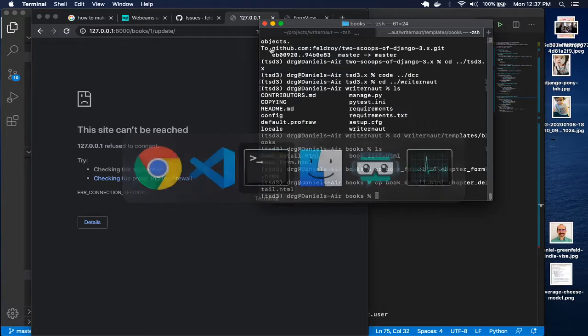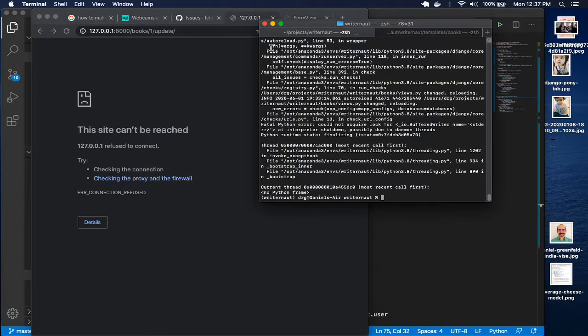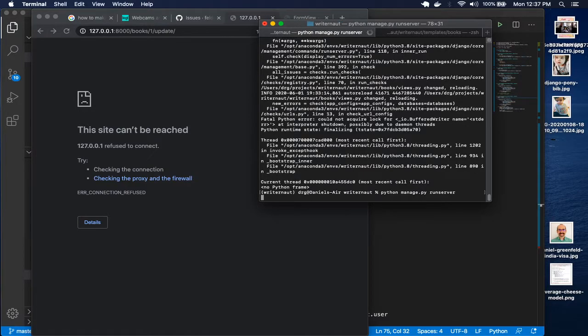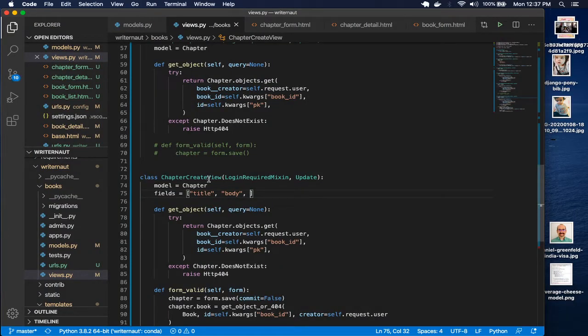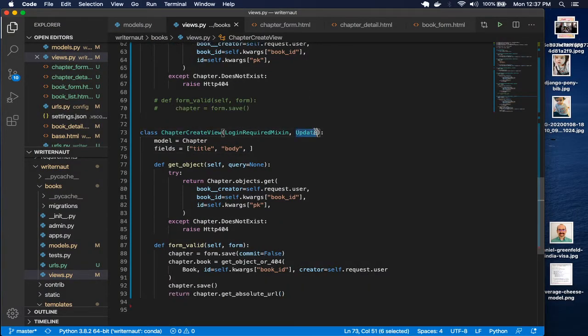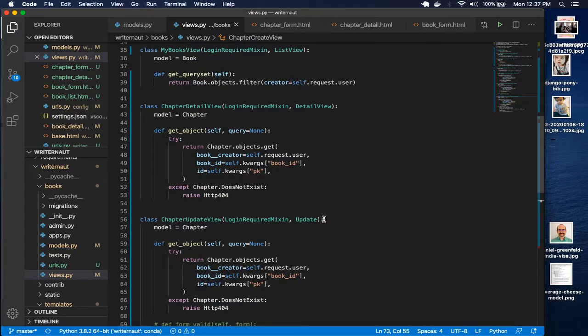Oops, Django's restarting. Oh, it didn't like that at all. It had a problem with the thread. Wow, I think that was a unique one. I wonder if that's because we're running 3.1 alpha. Oh, I see. See that? The chapter update view is, so we create view, update view,